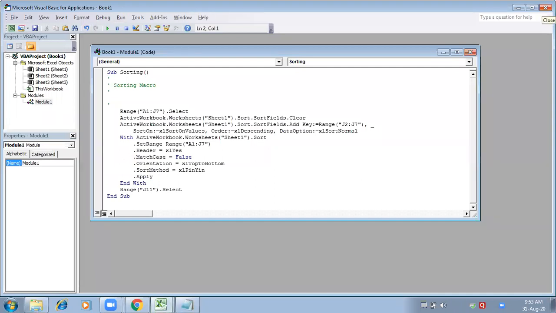So the macro is created and this is the coding for the macro. You need not learn the coding of the macro because it is already automatic. We have just clicked on a recording button and automatically it has recorded everything and converted it into coding form, and it is coming here. So I need not learn this coding because Excel is doing all this from my side automatically.